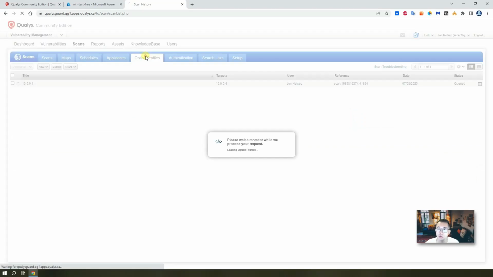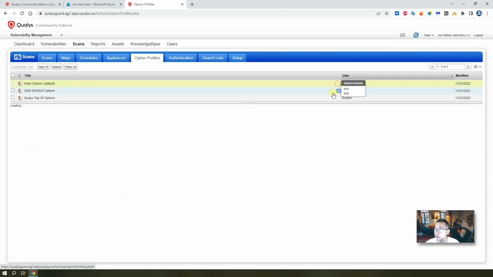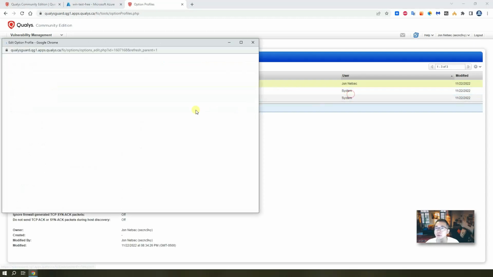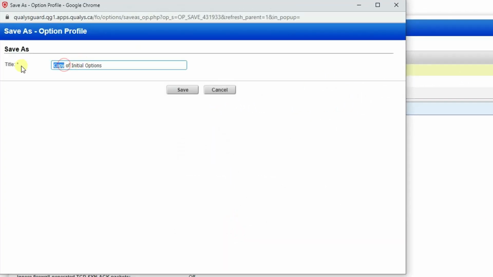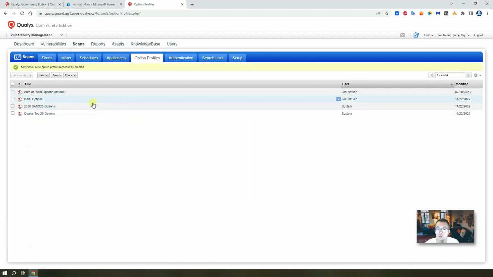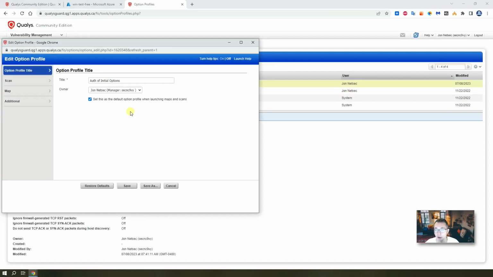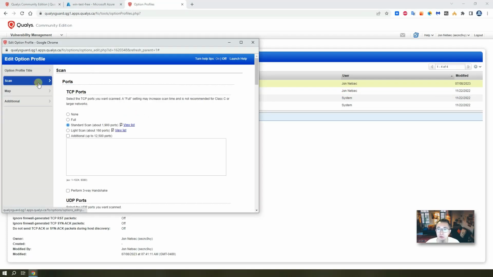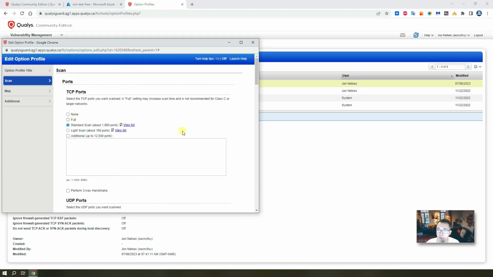you need to create a new option profile. So we can quickly add this one and save it as, let's say, authentication scan. So we create a new profile based on the initial one. Now we're going to modify it to make it an authentication scan. To do that, you can keep all those things as default, or if you want to change it to a full scan, you can click full,